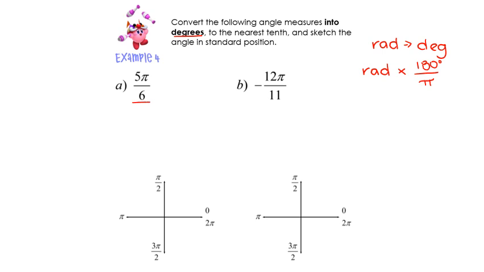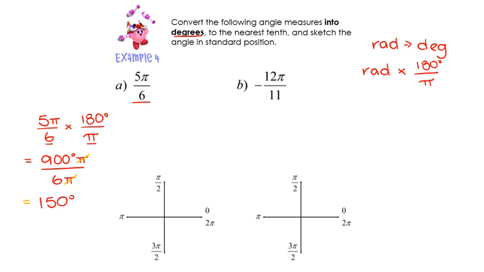So with 5 pi over 6, I'll take our angle in radians, 5 pi over 6, and multiply by 180 degrees over pi. When you multiply 5 pi and 180 together, the new numerator is going to give us 900 degrees times pi. And then on the bottom, multiplying the 6 and the pi together will give us 6 pi. Now, because we have a pi on top and a pi on the bottom, we can cancel those out. And then just to simplify, if I took 900 degrees and divided it by 6, I ended up with